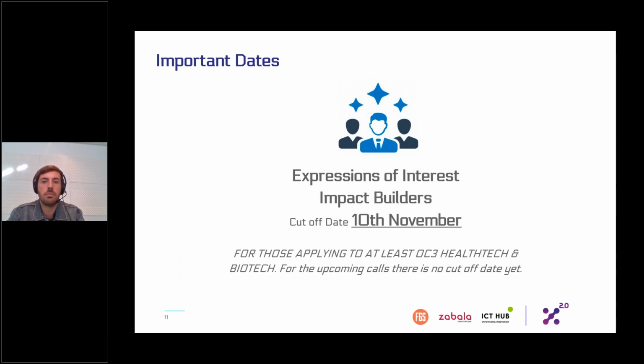Once you apply as an impact builder and you are eligible, you become part of our pool of impact builders, and you will be able to be selected to work with the startups. But one of the important dates is that you have to apply for this call at the latest by the 10th of November.